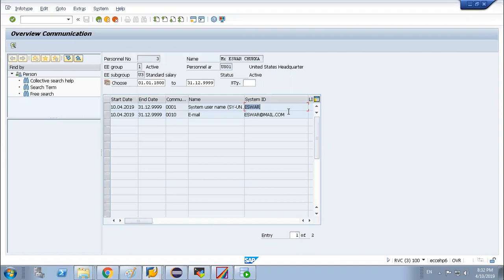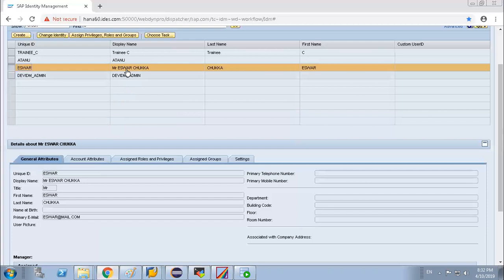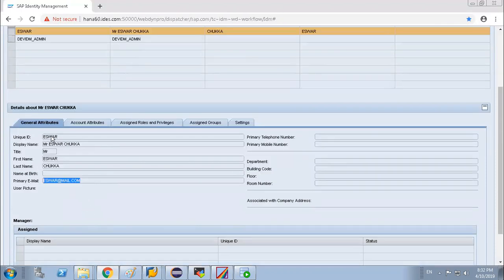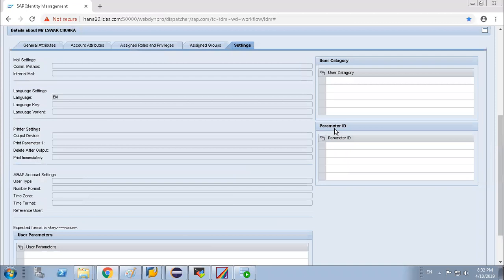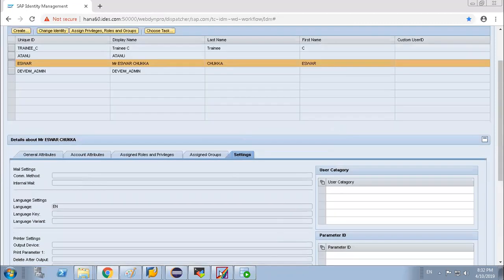Sometimes they will create it in Active Directory and push it to HR. Yes, you can assume multiple different scenarios. Whatever we maintain in the system ID field will come into the IDM system and create your user ID. See the primary, I have not done anything for this user, right? So all the first name, last name, email ID, and other separate information has been coming up.